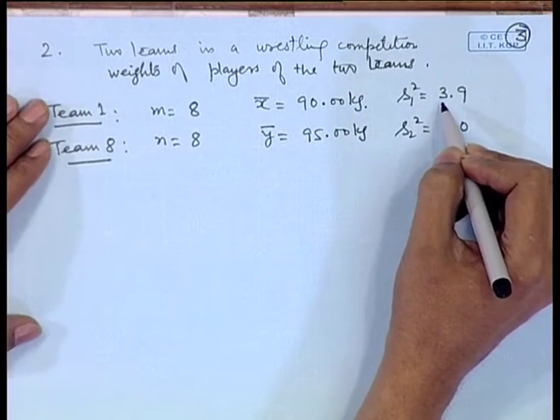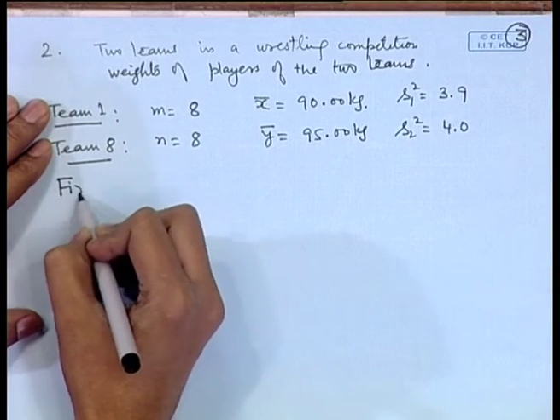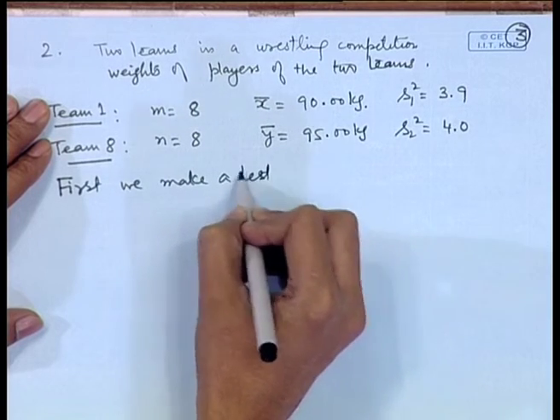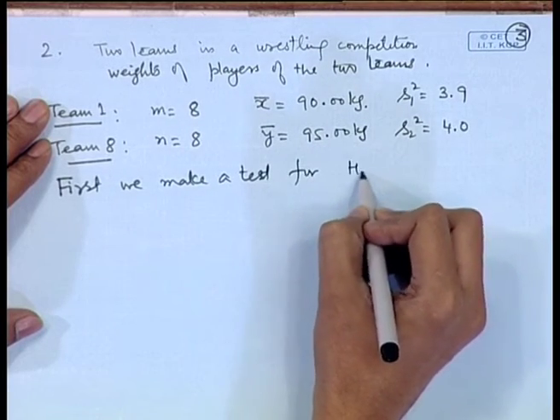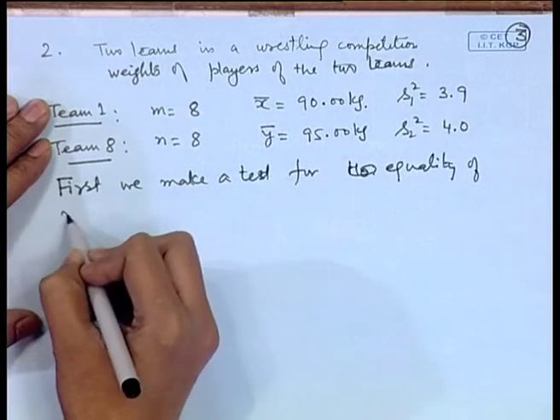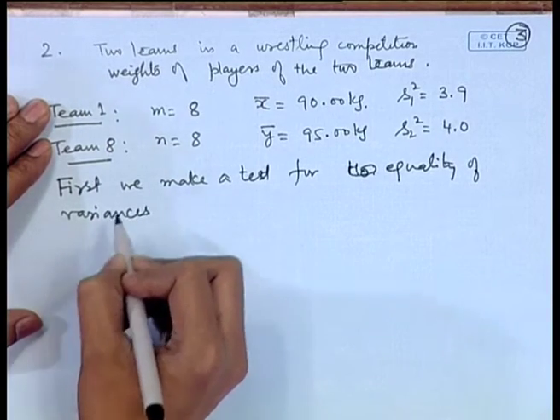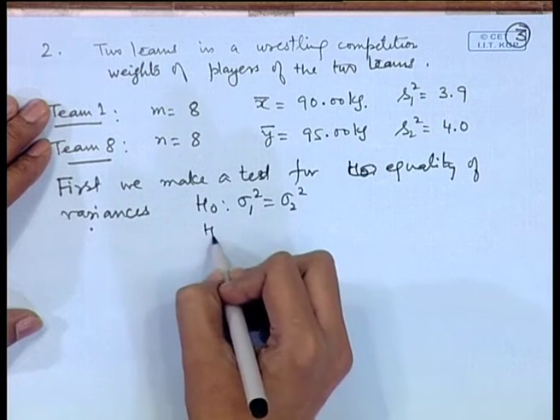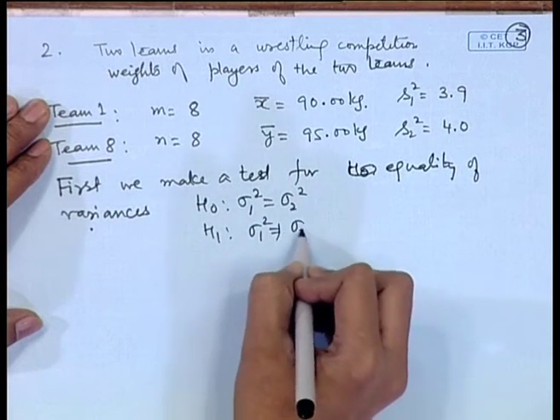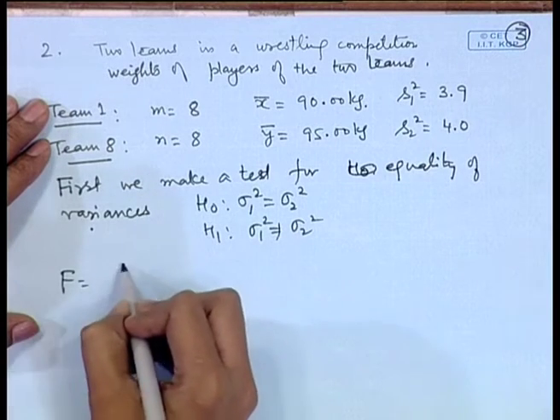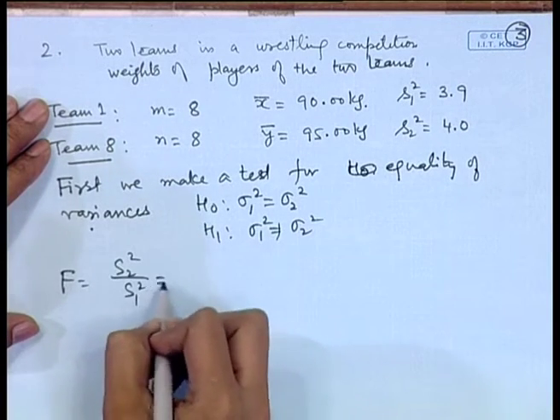So, firstly let us test about, first we make a test for equality of variances. That means, we test H naught sigma 1 square is equal to sigma 2 square against H 1 sigma 1 square is not equal to sigma 2 square. Now, here you see that S 2 square is bigger than S 1 square. So, we make f as S 2 square by S 1 square, which is equal to